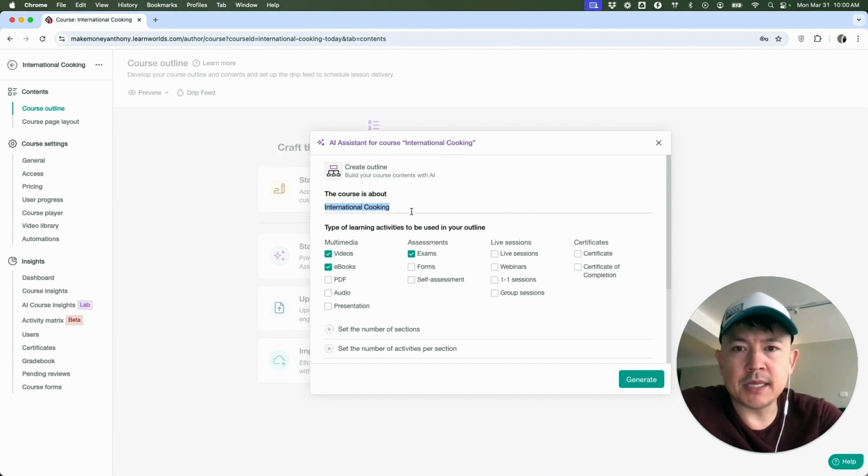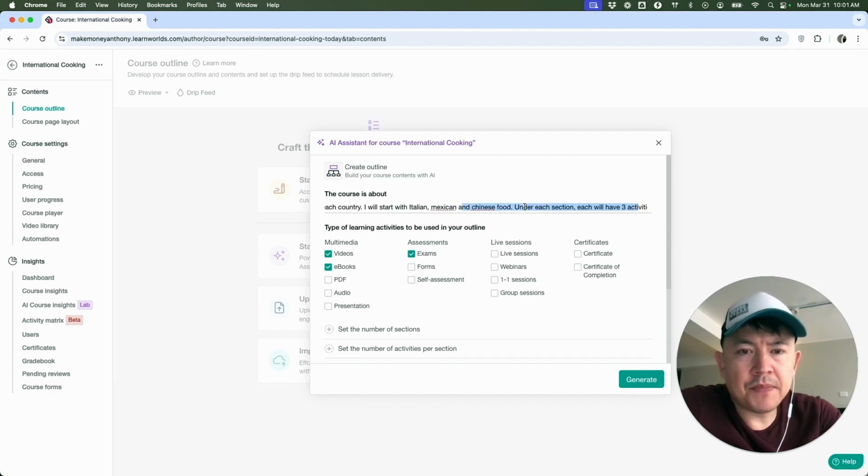So let me go ahead and type this in. Okay, so what I put is international cooking, focusing on the best dishes from each country. I will start with Italian, Mexican, and Chinese food. Under each section, each will have 3 activities to highlight how to make the 3 most popular dishes from that